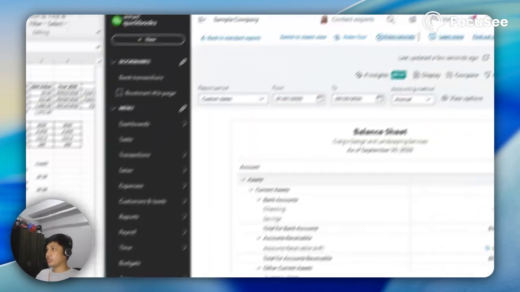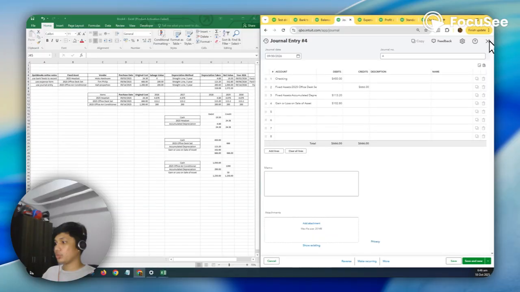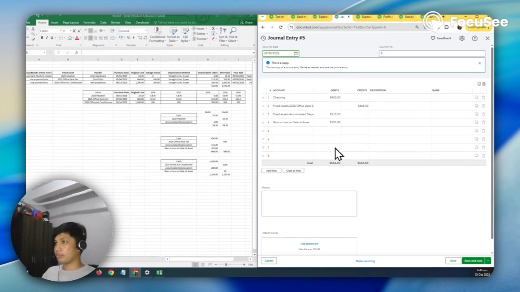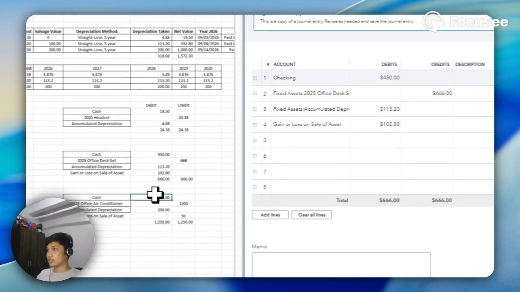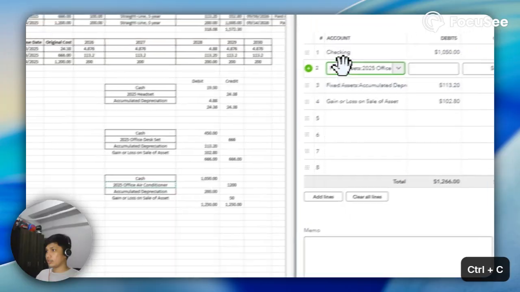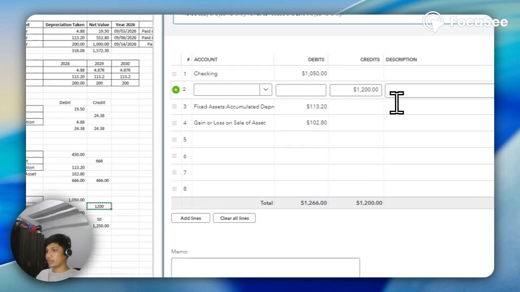Okay, let's journal it. I'm going to copy another journal. I'm going to edit the checking, this one, 1,200.